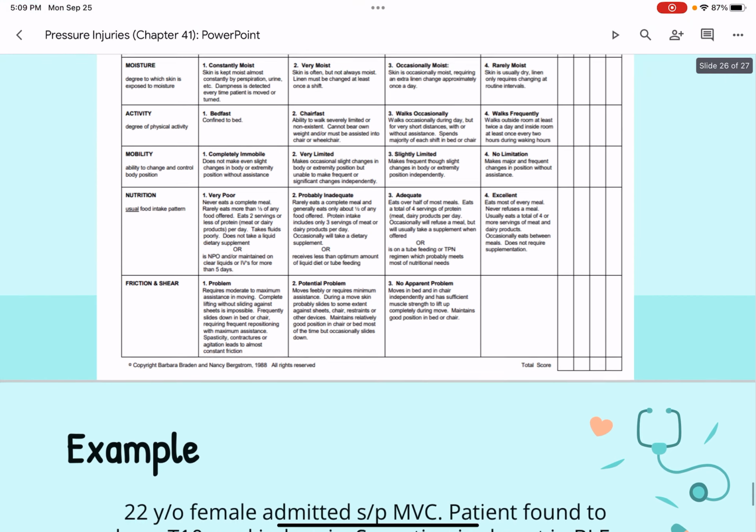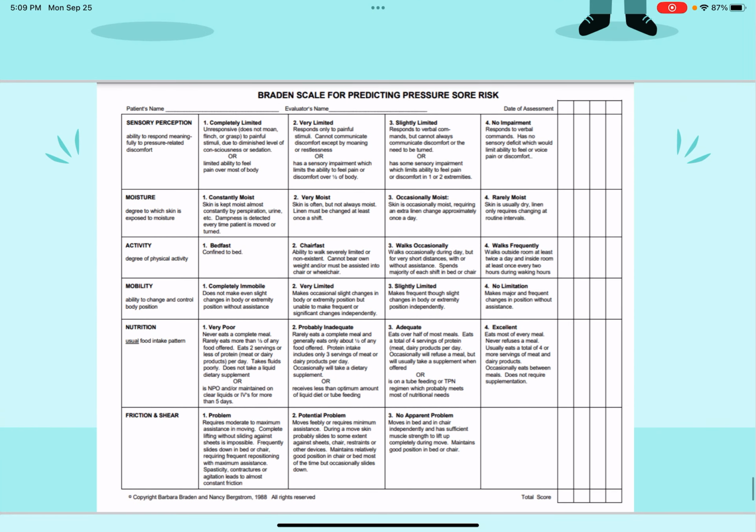So if we look back at the Braden scale, for sensory perception, she would get a 1. She's completely limited. For moisture, she would get a 2 or 3. She has a Foley, so that's collecting her urine, but she's incontinent of bowel. For activity, she would get a 1 for bedfast. Mobility, she's very limited because above T10, she doesn't have movement. And nutrition would be adequate. She eats about 75% of her meal. So she would be an 8